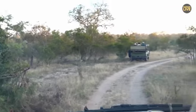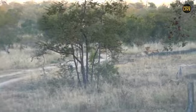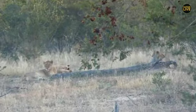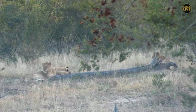So this is quite nice. The only problem is that I really hope that they don't go down into this drainage line off to the left of us, because if they do, it's going to be quite hard to follow them. It's very thick. But I don't know what their plans are going to be. They've still got relatively full bellies, so...